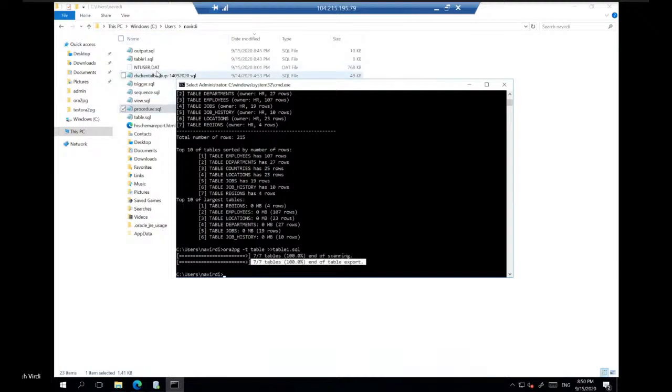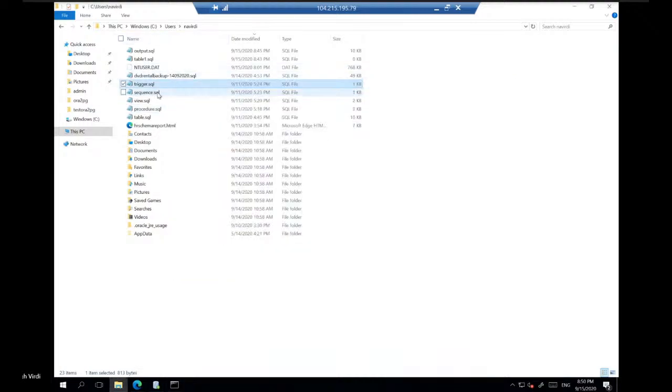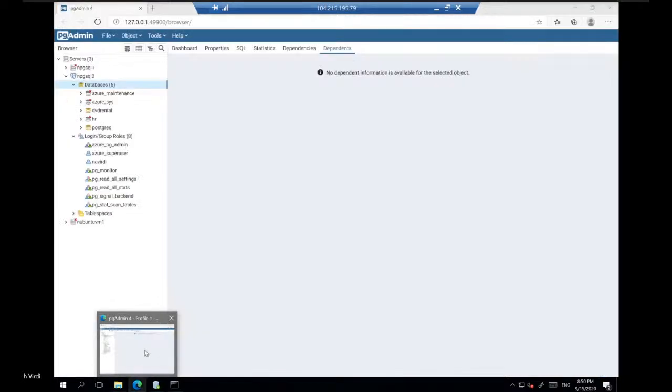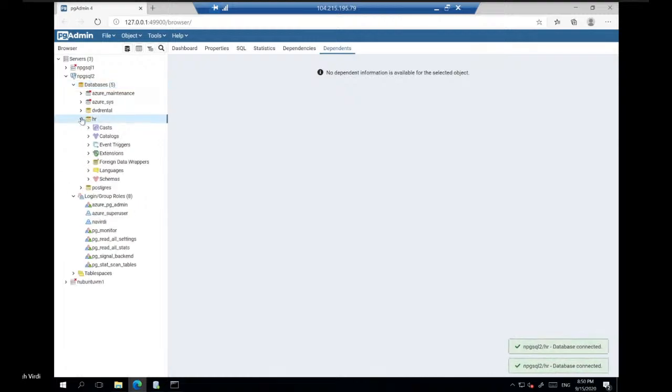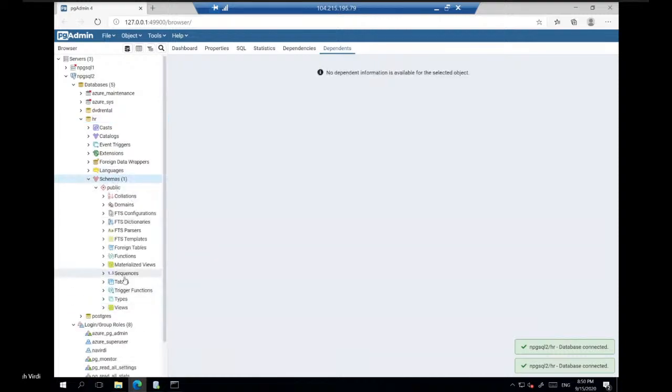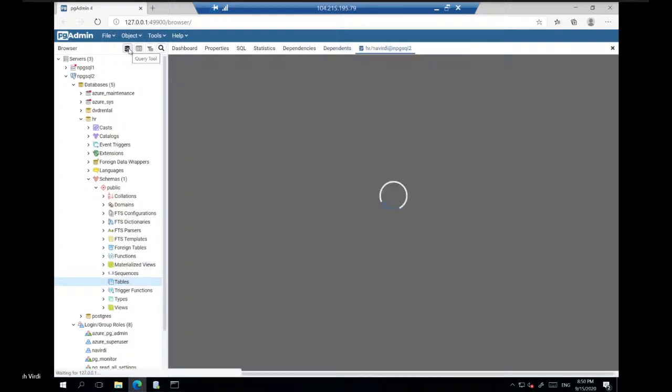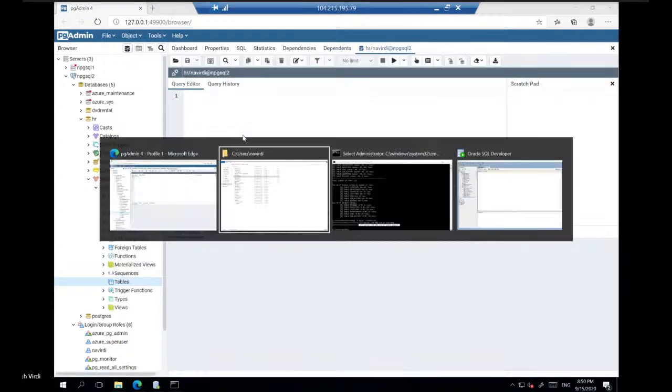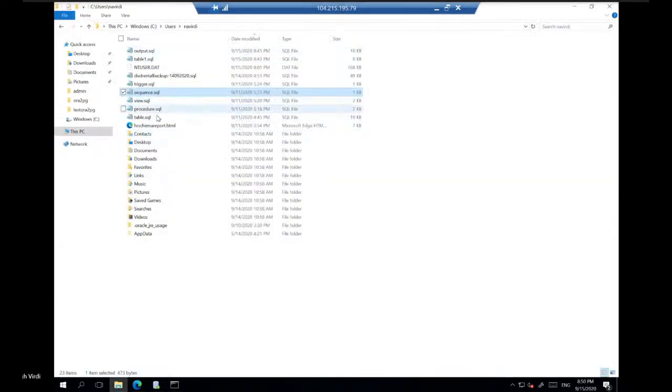So similarly, you will do it for the other objects like triggers, sequences, views, procedures, and whatever you identify in your report, right? So once this is done, I connect to my HR database. And right now you will see in the public schema there is no table there, right? So we will open a new query window here and pull out the table